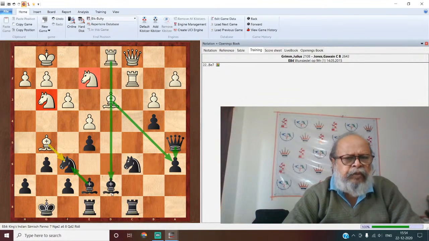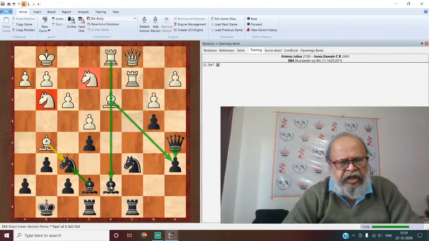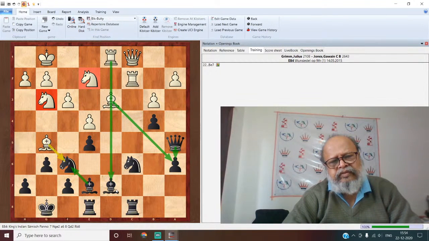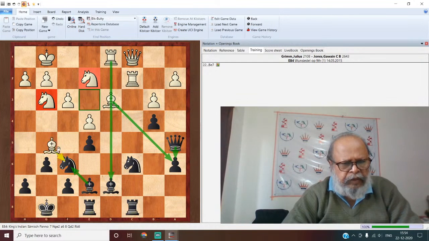You really cannot improve. I just need one or two moves to consolidate my position. What will he do? Bishop on knight is bad. If you play bishop takes knight,